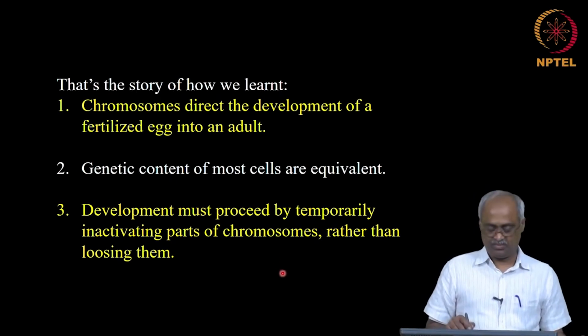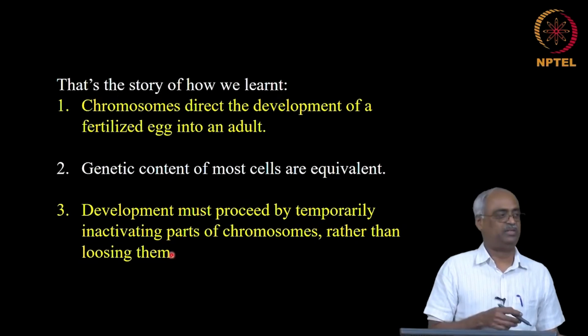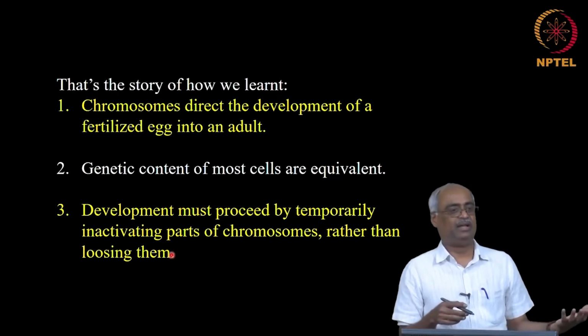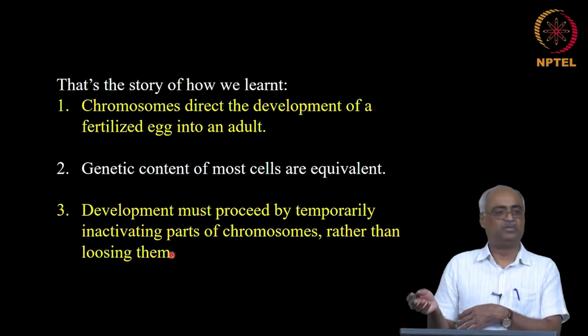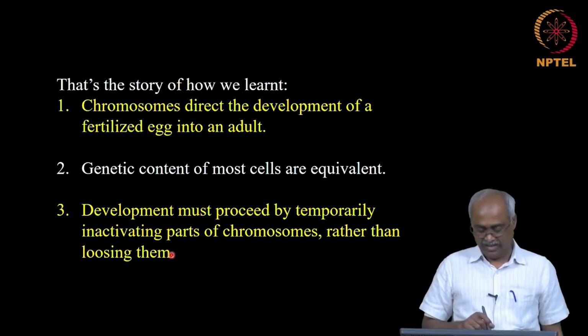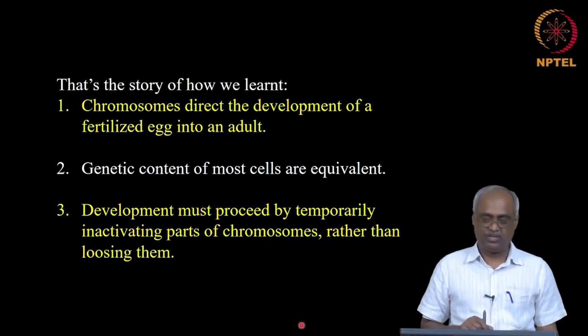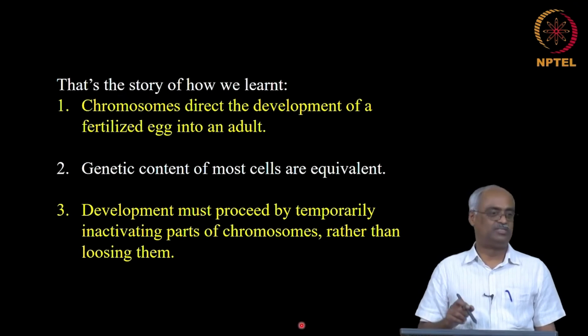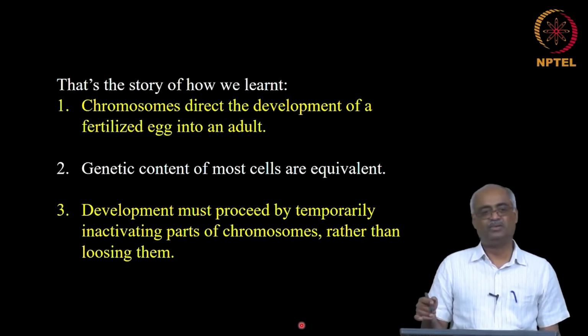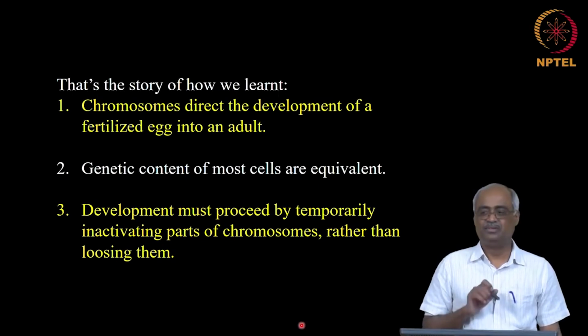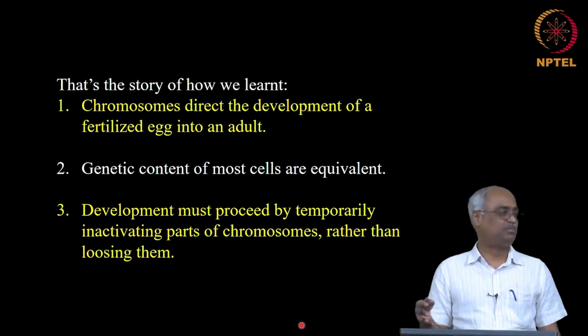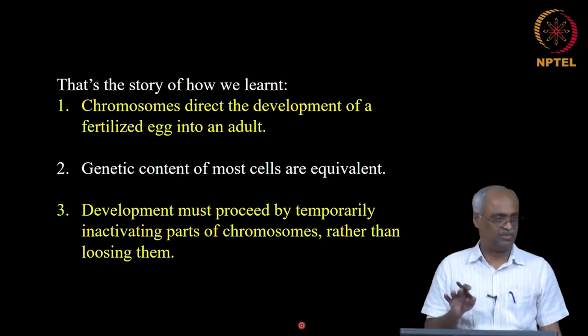So, that means part of the chromosome is expressed in one type of cell and another part is expressed in another kind of cell, and so on. And that is what brings us to a concept called differential gene expression. Most modern developmental biologists deal with this idea of differential gene expression. That is what people focus on; much of the research is about that.